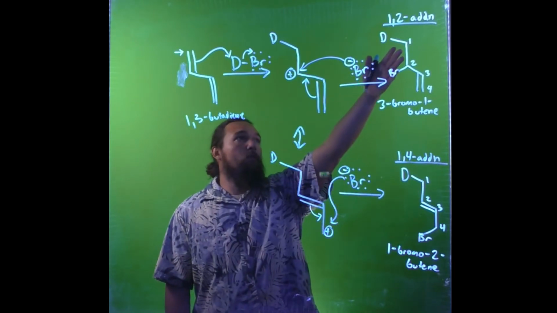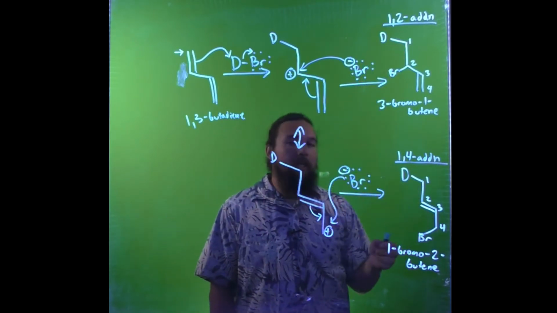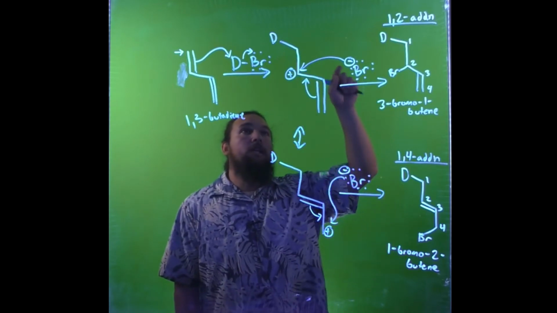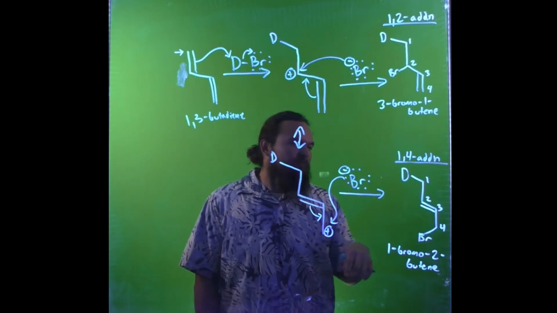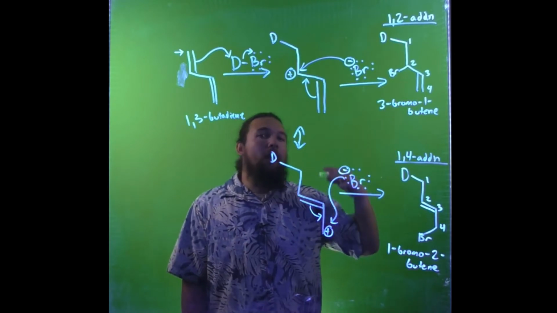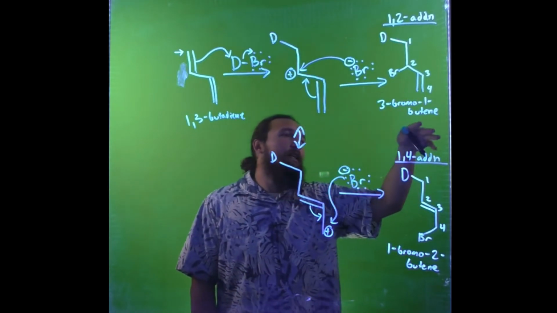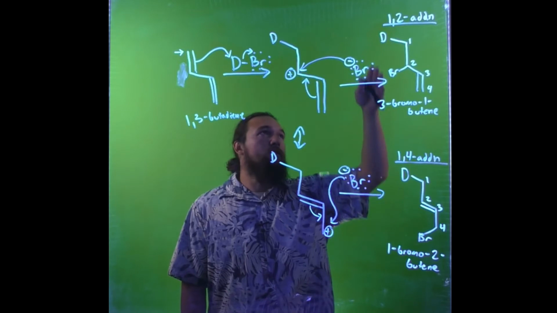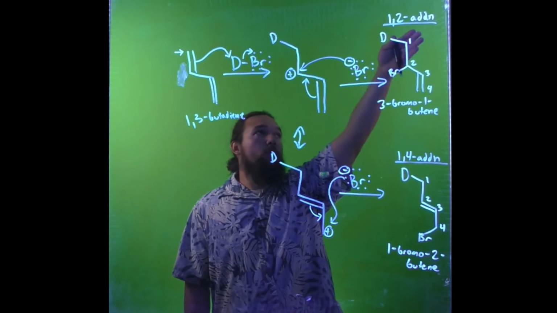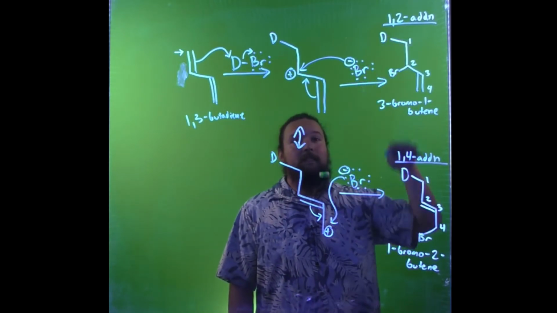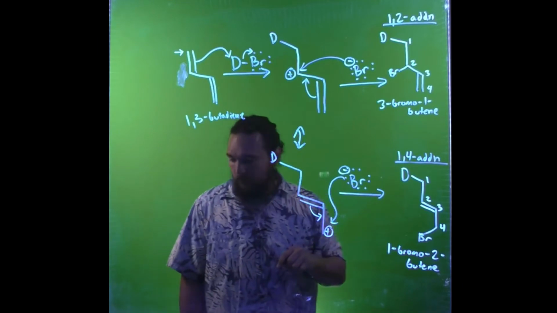So when we refer to it as the 1,2 addition product and the 1,4 addition product, that's relative to where the deuterium and the bromide are adding. The naming follows IUPAC rules, and they don't think about what was added. So in this talk, when I say 1,2 or 1,4, that's the things that I'll be referring to. Now,